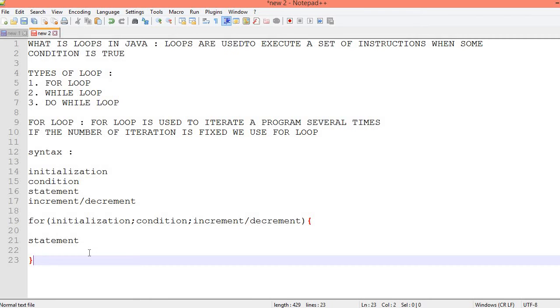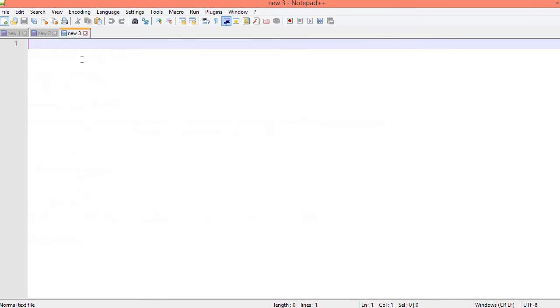Let's do one thing. We will do one program for loop. Okay. For it I will write one program, public class ForLoopExample.